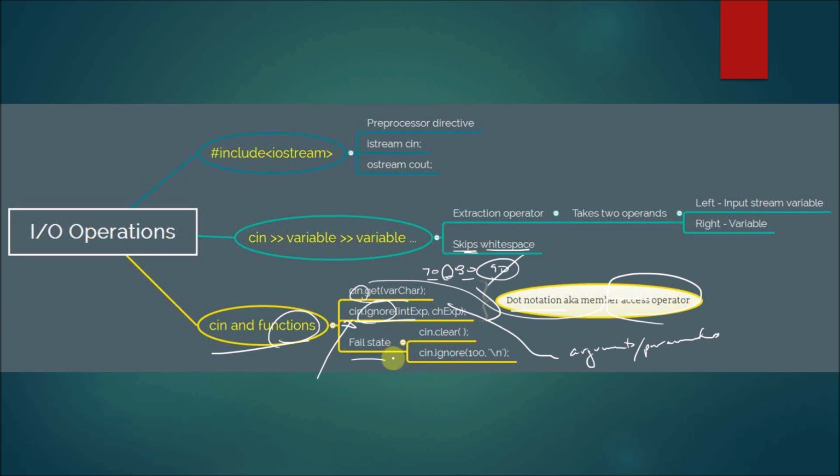In other words, if there's a difference in the data that we inputted compared to what we defined was the data type, then we're going to get what's known as a mismatch. If that happens, the input stream enters into what's known as a failed state,